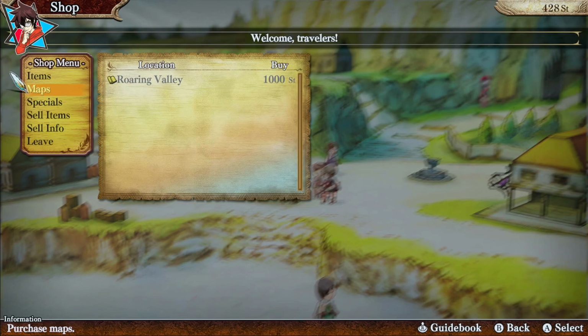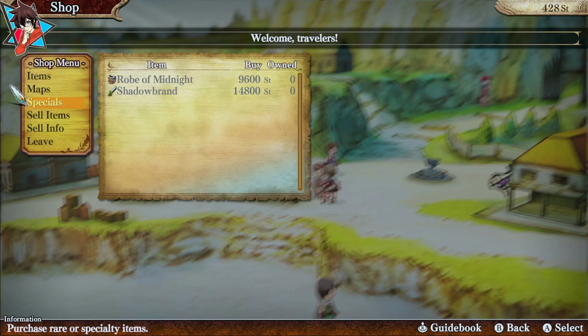take a different exit than the one you would normally take, and you will unlock the map for the area that you will also unlock at that point. Specials, apparently these change per day, quote unquote, but they're not really a per day kind of thing. They change as the story progresses, and they're pricey, but they're also pretty powerful if you're not having any luck